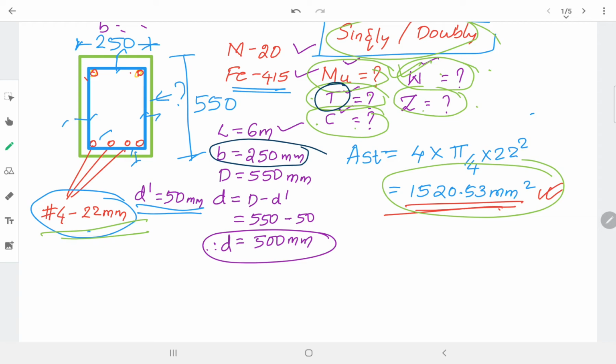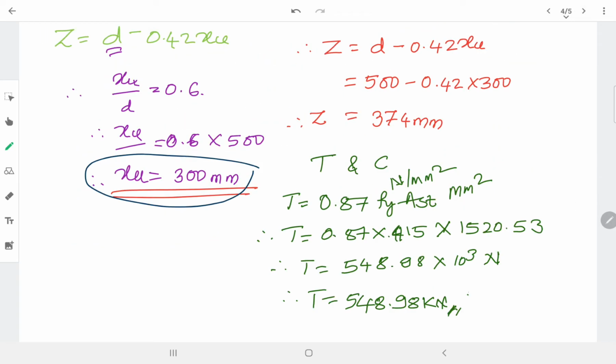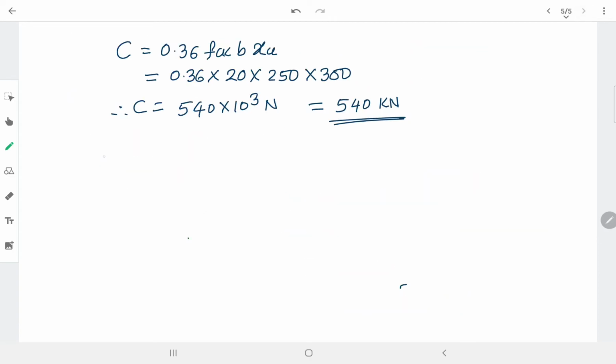Here T is completed, C is completed, Z is completed. Only remaining thing is W. W is nothing but the load carrying capacity or total load on the beam. Before that, you might know about